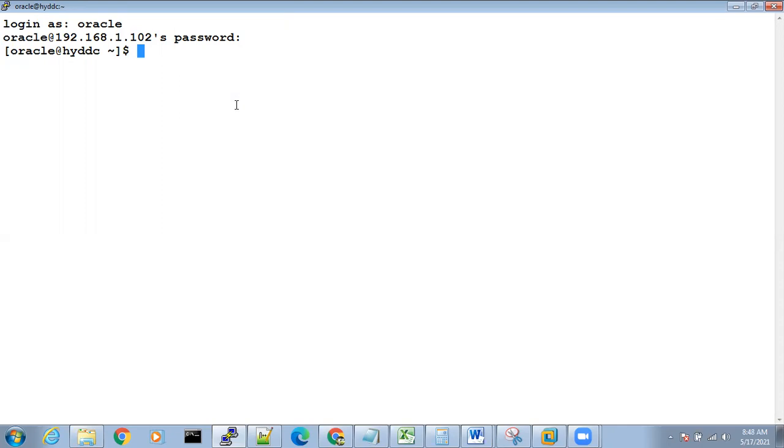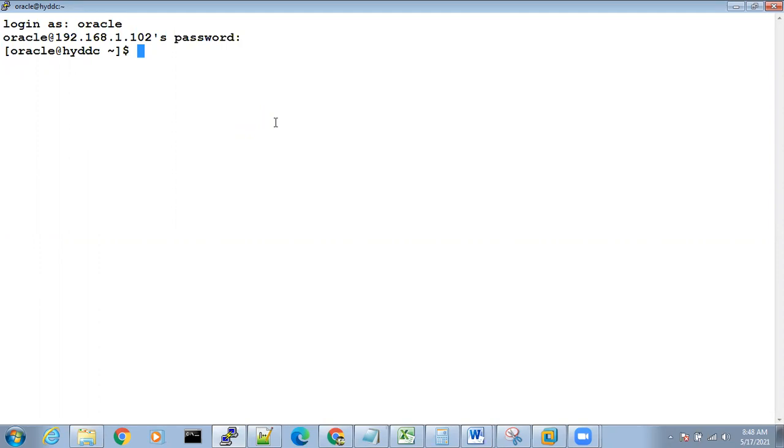Database creation can be done in multiple methods, but I will show you one unique method. There are two types of database creation. We can use a GUI, graphical user interface, and create a database with the help of DBCA, the Database Creation Assistant.